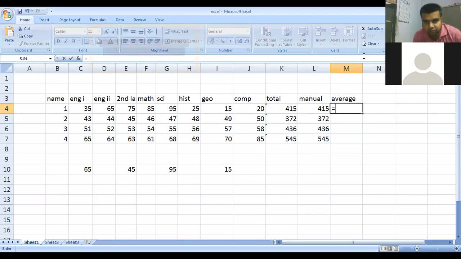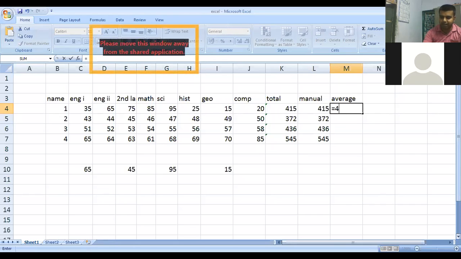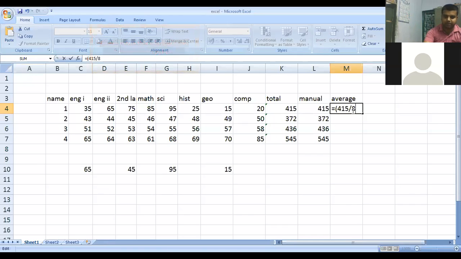Process number one: I can write the number directly, that is 415, divided by, this is the division sign, how many subjects do we have? English 1, English 2, second language, math, science, history, geography, computer. So I have 8 subjects. So divided by 8, and I press enter.